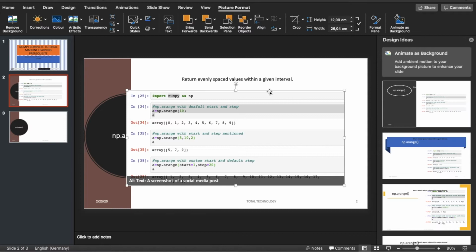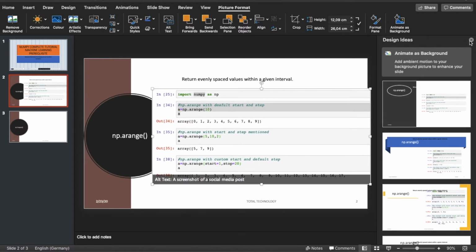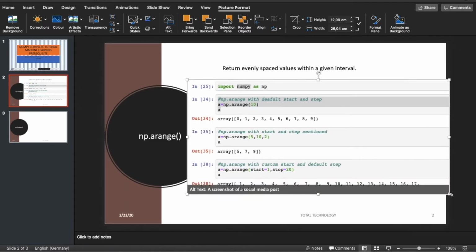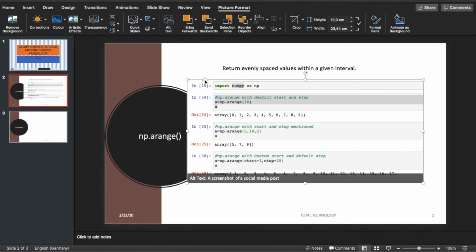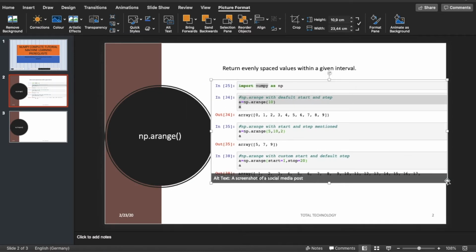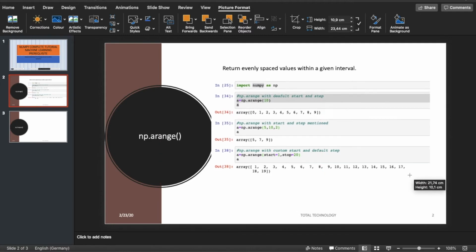What happened is, let me just move it a bit, resize. I think I need to do, okay,